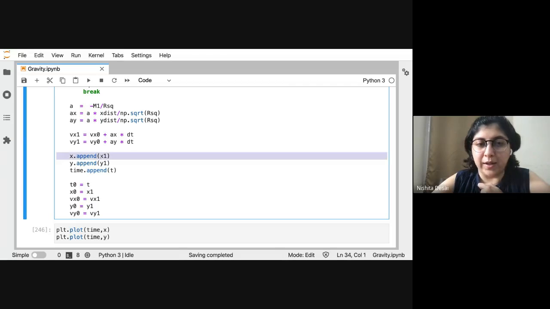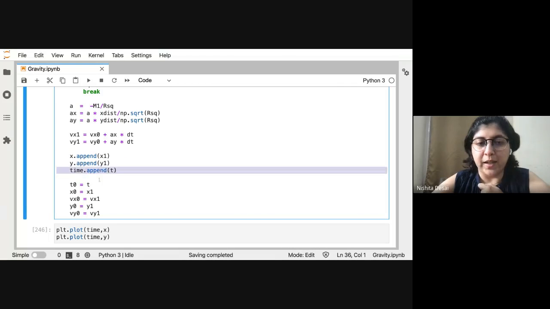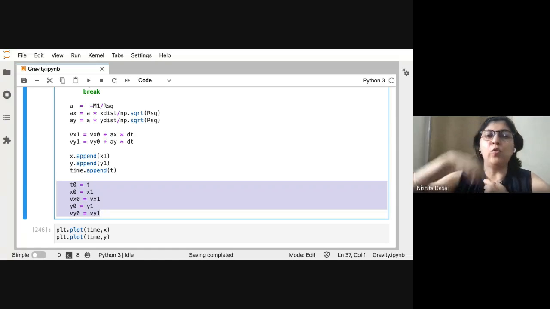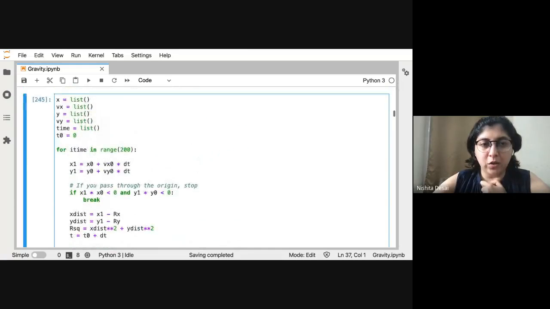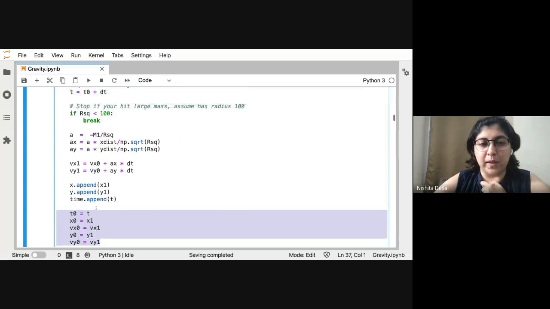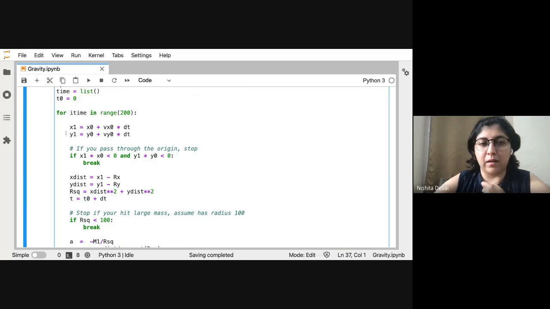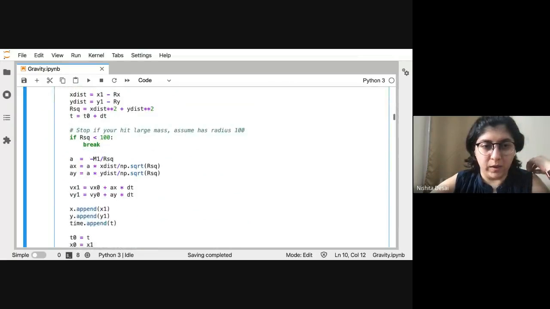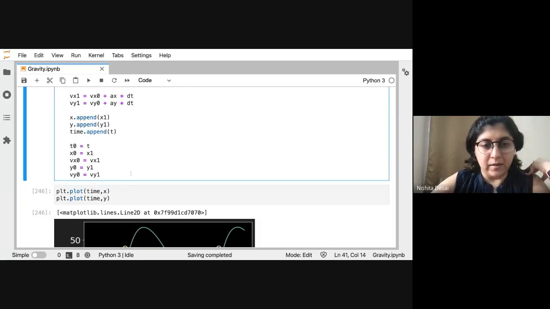You can append your x1 and y1 and your time, and you can set your old step values to all the new step values. So when you loop over time, the old values become the new ones, and so when it comes back again, your x0 is going to be what x1 was the last time, right? So this is how it works, and we can run this. Okay,